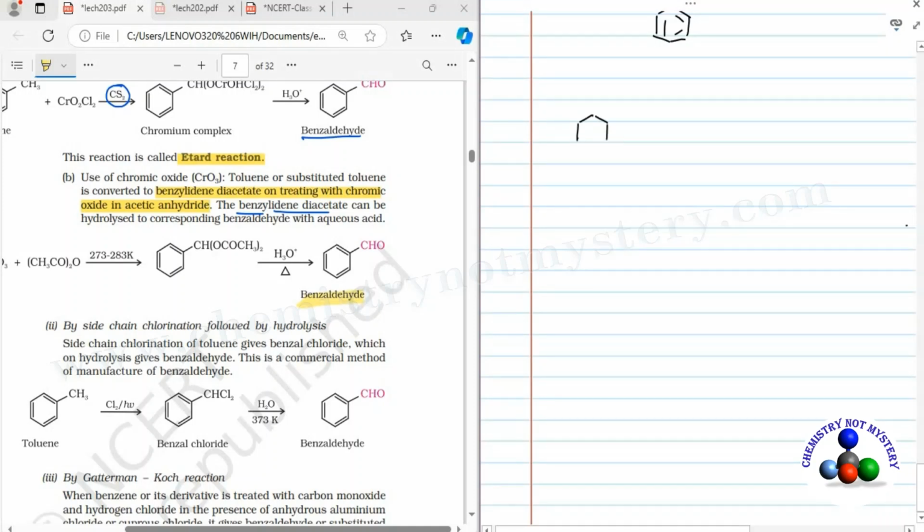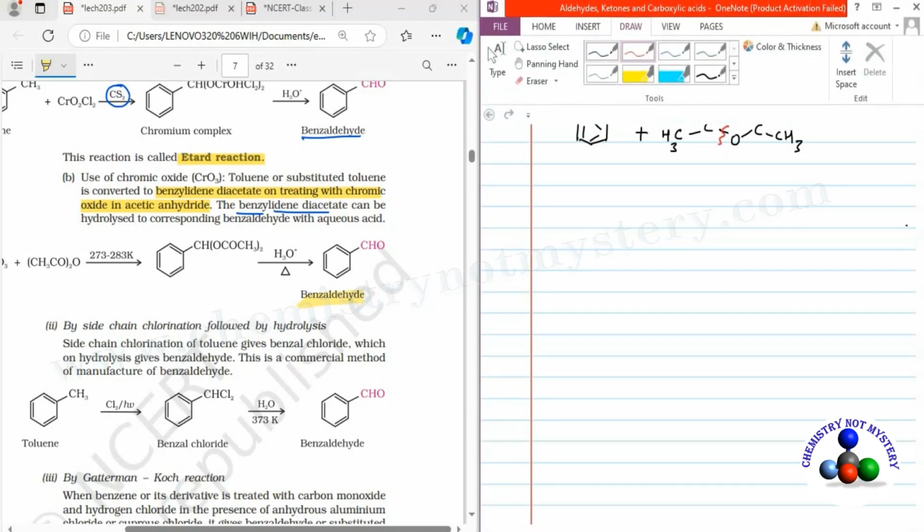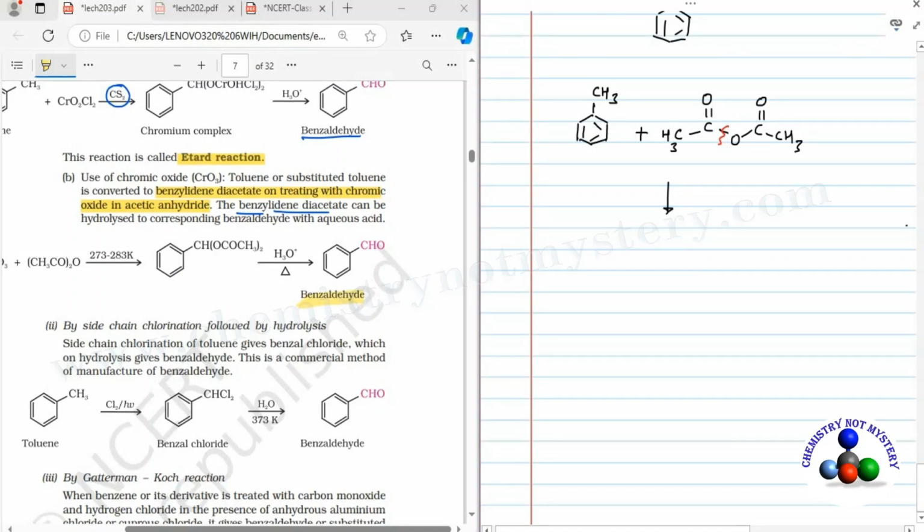So this is toluene. Benzene with CH3 is called toluene. When it reacts with acetic anhydride, which is CH3, C double bond O, O, C double bond O, CH3, here you have to break one of the bonds and remove one of the hydrogens from here and just attach the remaining molecule with CH2. So here you will get CH2 and here you have to attach O, C double bond O,